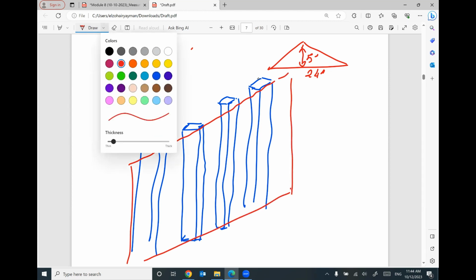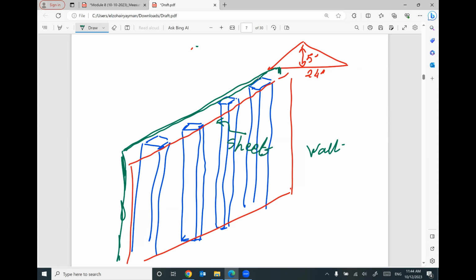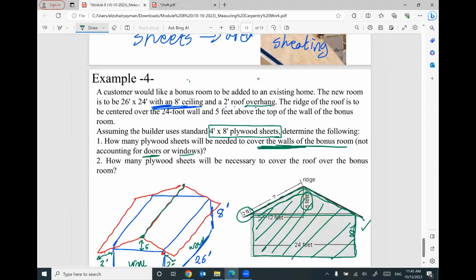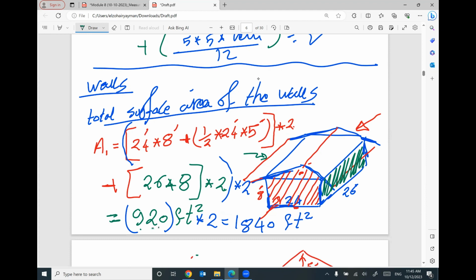And I need to put also plywood from the other side to construct your wall. Does that make sense? So I need sheets from one side, this side of the wall, and another sheet from the other side of the same wall. So since this value, which is 920, is the total surface area of the wall from one